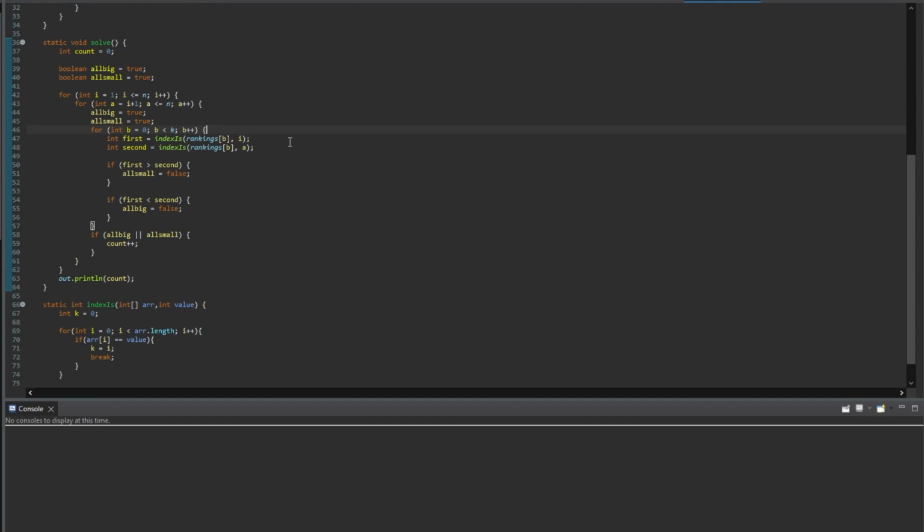And then we have two booleans, all big and all small. This is going to be what checks our consistency. So basically, if we have a pair of numbers, and in all of the rankings, I'm going to call it logs from now on. In all of the logs, if we have